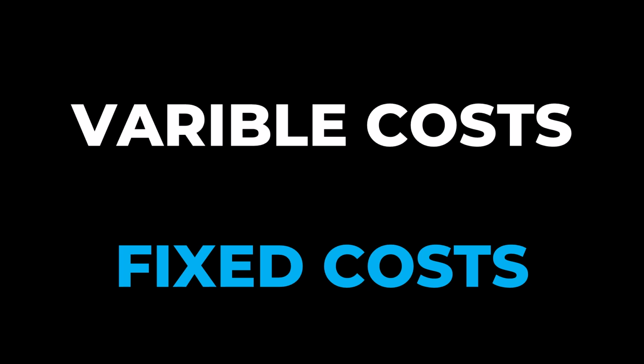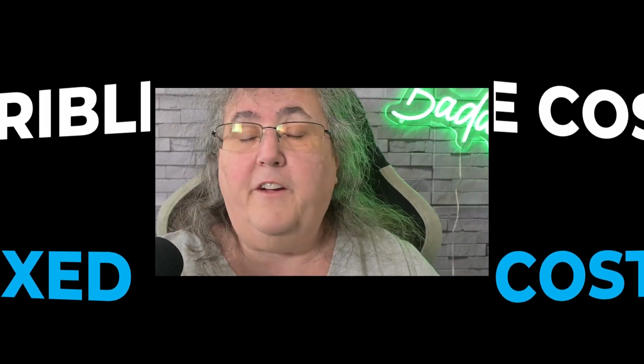Which leads us to the next thing, which you may have heard of, which is variable costs and fixed costs. Now, a cost of goods can be variable if it changes, okay? Your cost might be variable if it's different pricing at different times. So for example, if you do anything with lumber, prices tend to fluctuate. So those can be variable.